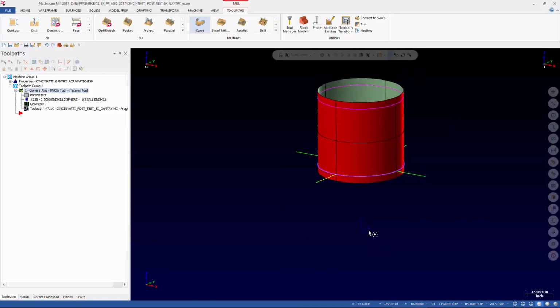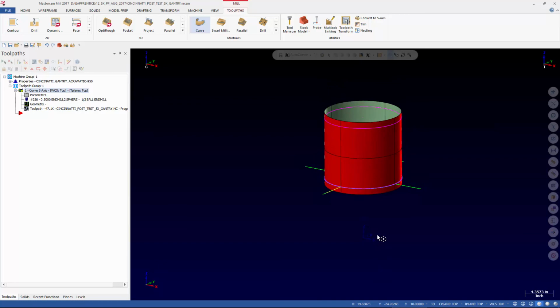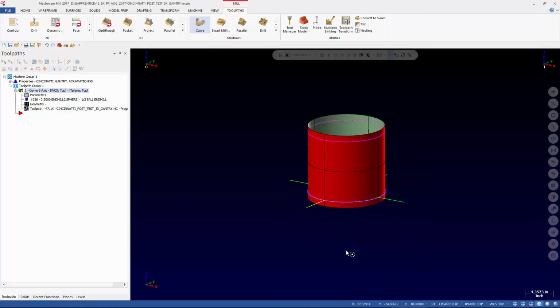So the WCS axes should always be put at the center of rotation on a trunnion part. For a gantry, it should just be where the zero is located for the workpiece. Okay, so if this is our origin for the workpiece, maybe down on the table, I got it like 10 inches below, here's the path that we're going to trace. If I post it,